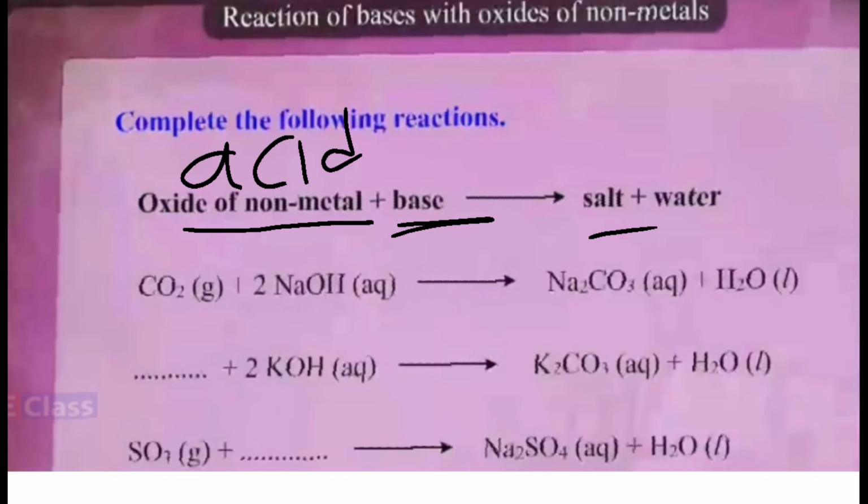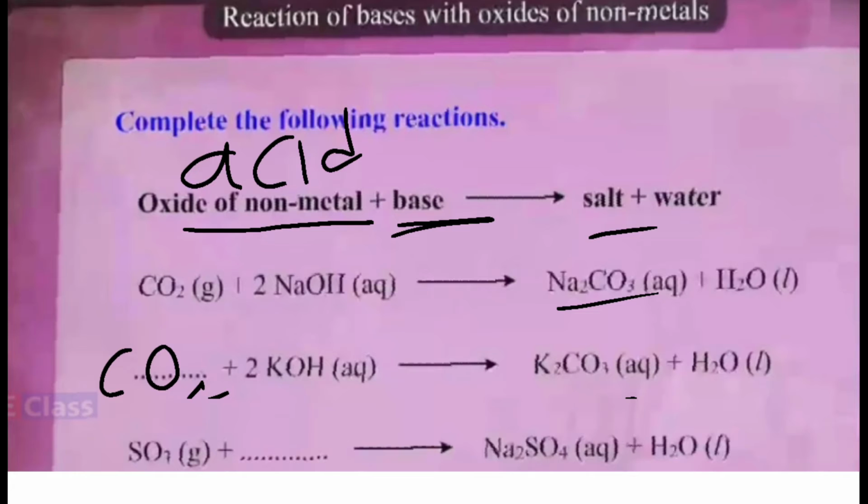See, observe this. Now I am having the non-metal carbon. Carbon ka oxide means carbon dioxide I have taken. Okay, so carbon dioxide plus 2 NaOH gives you salt Na2CO3 plus H2O. Like that, now I am going to get the salt as K2CO3. K2CO3 plus H2O. So again it will be left with the carbon dioxide only. Right? You have to see this part, and from that you are going to judge what this part is.